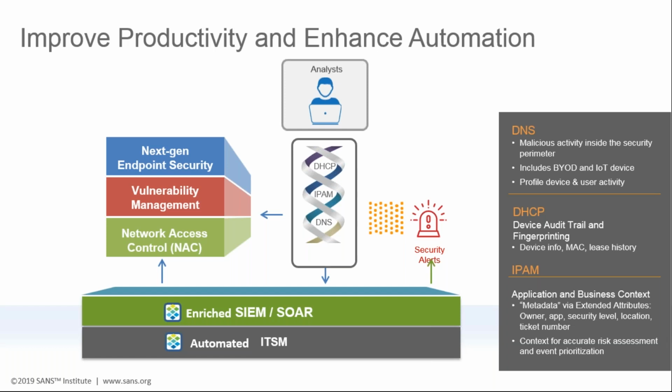who it's assigned to, where it is in the network, right? So is it a financial system, which means it has critical data, or is it a production system that's running critical applications? So there is a lot of this metadata or business context that the DDI data provides. And now the threat analyst can leverage that information when he's looking at these threats, and with the context that he's seeing, he can automatically decide which are higher value threats or high risk